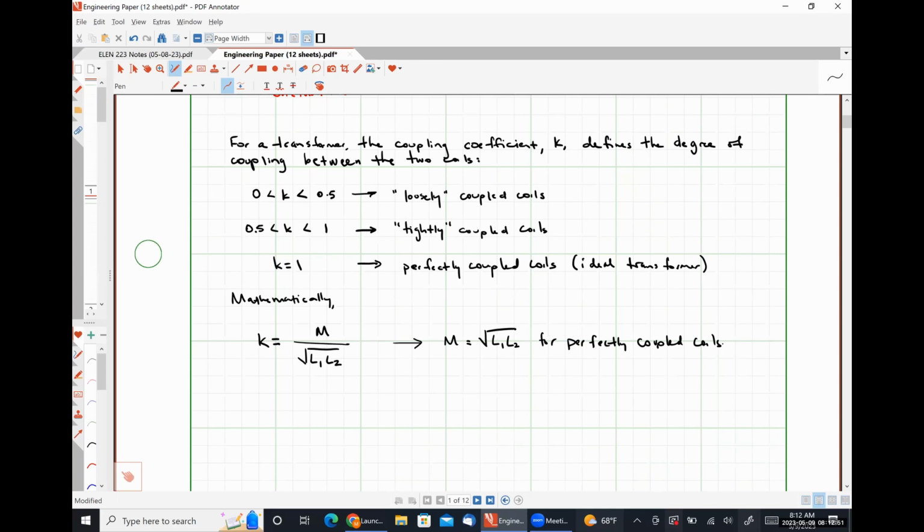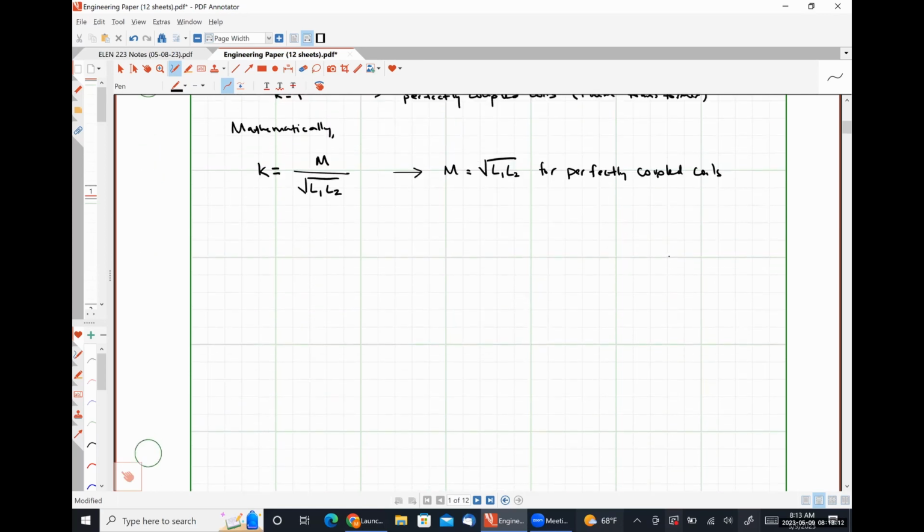So we've talked about the coupling coefficient here. For the purposes of this class, we can really think of it as just an alternative way to describe the mutual induction term. So for example, if I gave you a circuit, something like this,